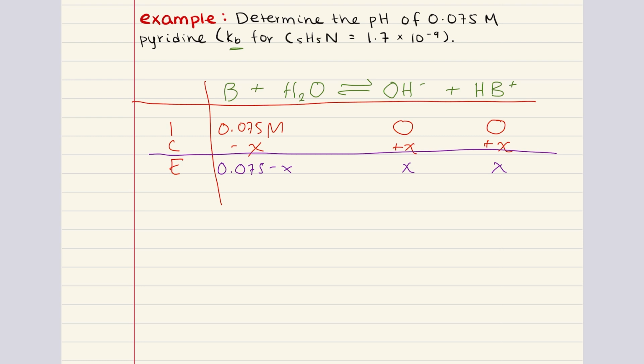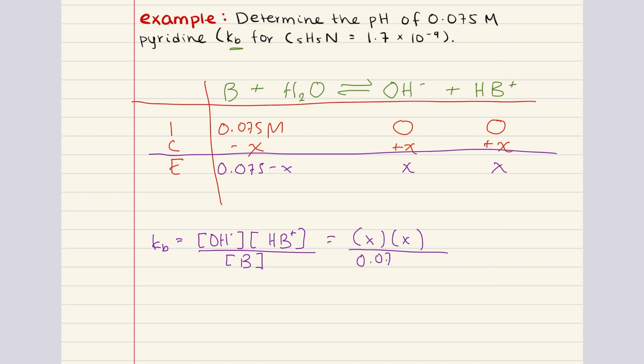So here, Kb is going to equal the concentration of hydroxide ions multiplied by the concentration of our conjugate acid divided by the concentration of our weak base. And we can again plug the values from the equilibrium line into this equation. That's going to be X multiplied by X over